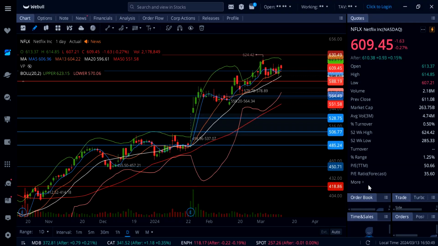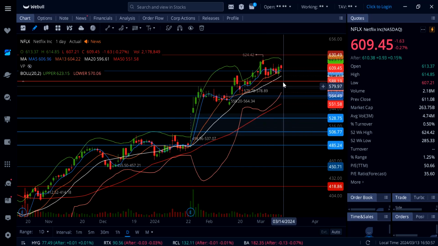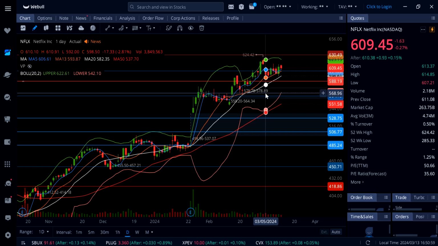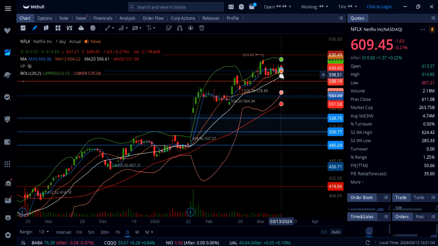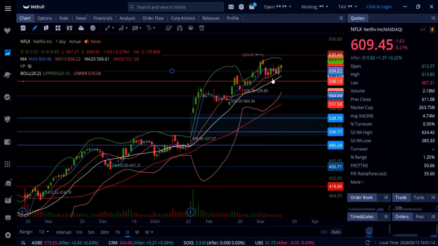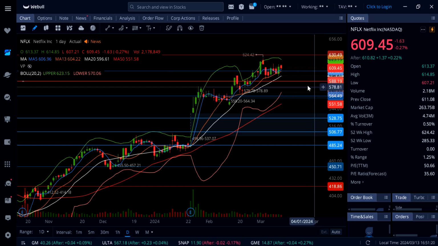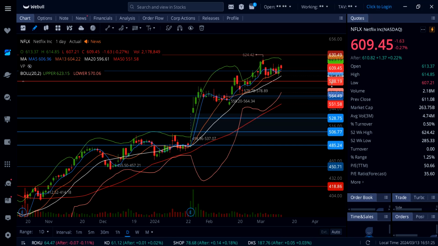So Netflix is staying down 0.27%, kind of a flat day, coming down to 607, and you can see right on my screen holding above the support at 604, and definitely a strong support at 600. So as long as Netflix can stay above 604, the next stop right up here is the upper Bollinger Band at 623, and then 625 to even 630. Below 604, watch out for the support at 600, 596.61, and then 588. Anytime you see Netflix breaking below 588, it's going to dump all the way down to this gap,